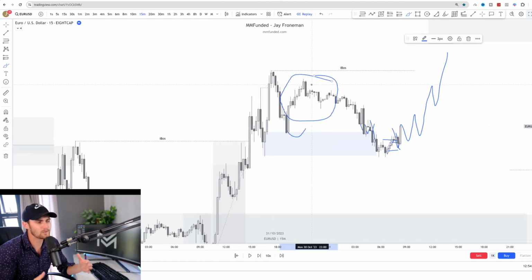So accumulation, manipulation, and the distribution, or ICT's power of 3, needs to be paired up with the overall contextual understanding of price. Now, if you guys want to go and learn exactly how to mark out and understand your structural story of the market in a very mechanical and rule-based system that will help you understand this very quickly,